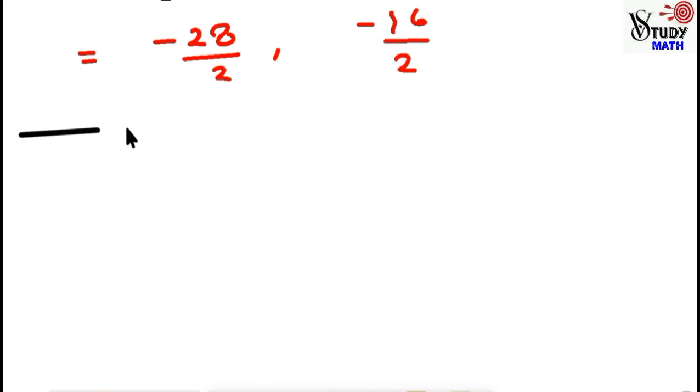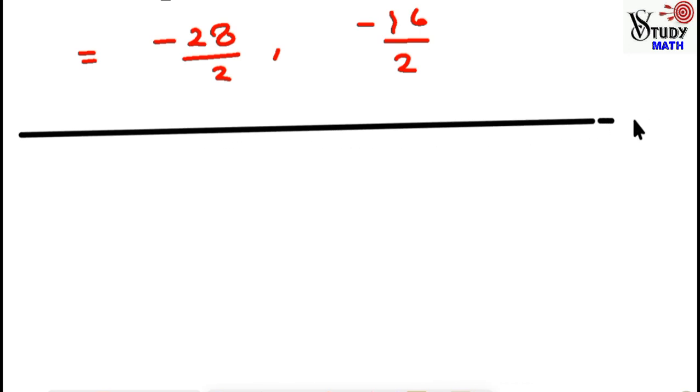If I have, this is my number line, let 0 be here, and now what we can do here: negative 1, negative 2, negative 3 goes on here, negative 16, now negative 17. So let's do one thing. If this is negative 1, this is negative 2 and this is negative 3, so it goes on here.